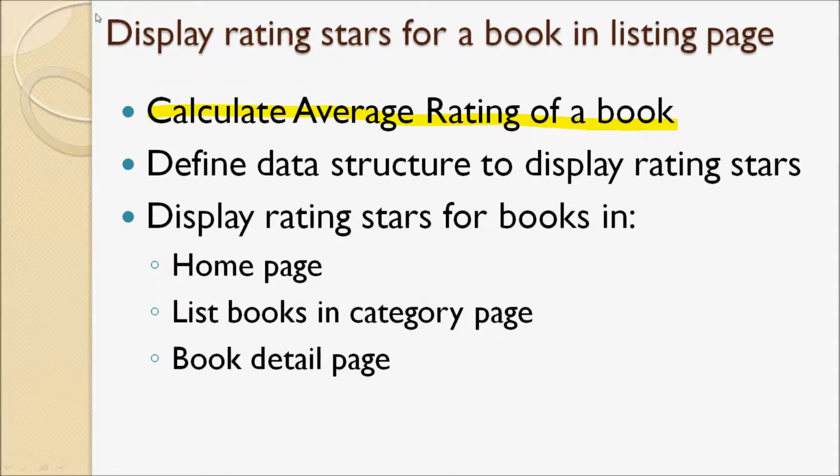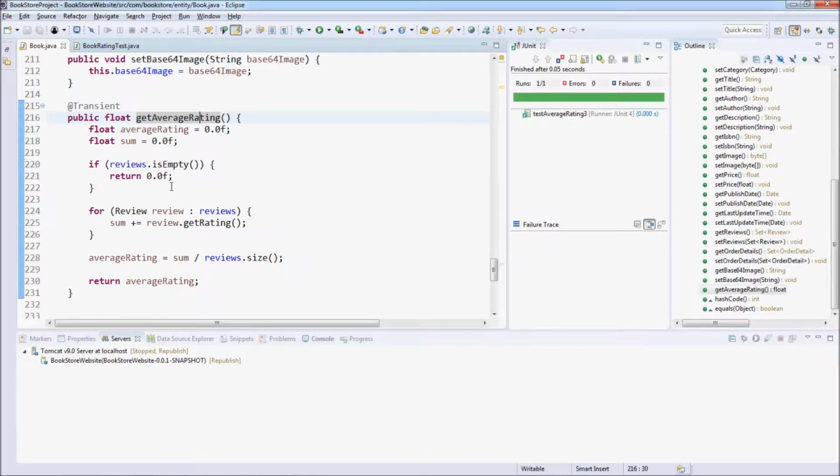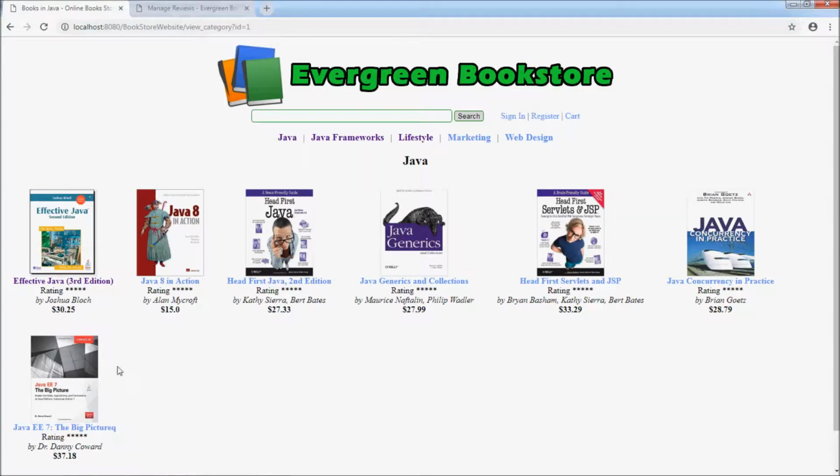Next, we need to define a kind of data structure to display the rating star for books in our website. You see, in the book domain model class, we have only the average rating in the type float, whereas in the website, we represent the average rating in stars: 1 star, 2 stars, 3 stars, 4 stars, 5 stars,